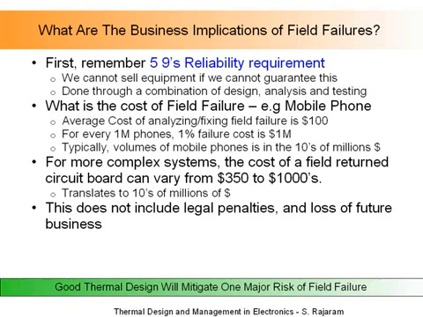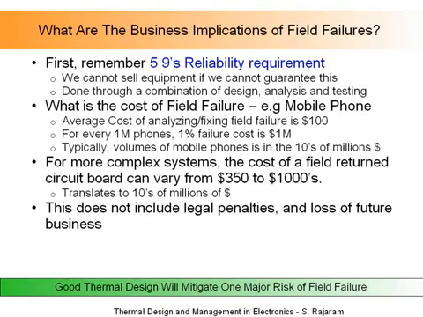If a mobile phone is not designed and built properly and it fails in the field during the warranty period, typically the cost of analyzing or fixing or replacing the phone can be an average of about $100. So let's say for every 1 million phones, you've got 1% of those failing. 1% doesn't seem like a big number. But if you have 1% of those phones failing in the field, for every million phones, the cost of that